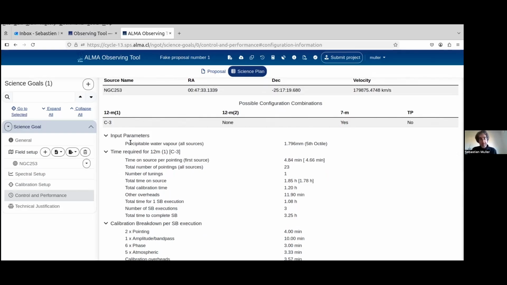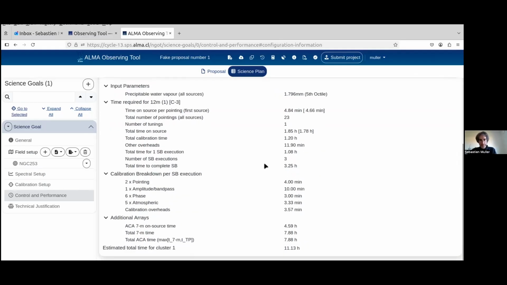So if your source corresponds to this LST, it's okay, but maybe your source cannot be observed in that time. So then you have to check that the required configuration is available with the correct LST range for your source. So that you can check. Okay, so here you have the